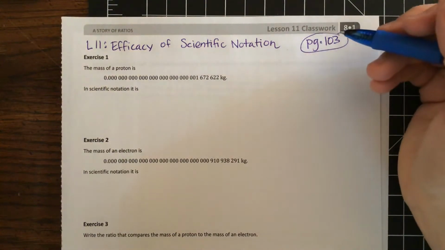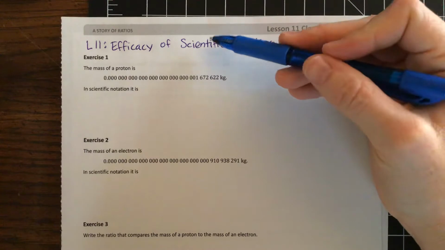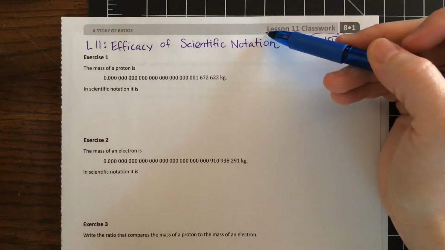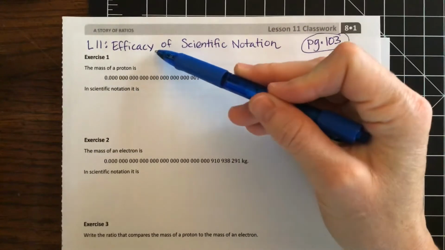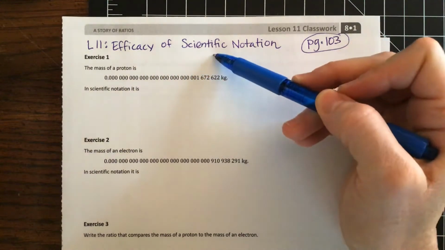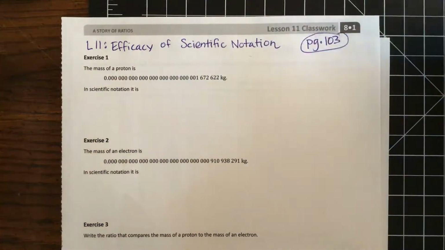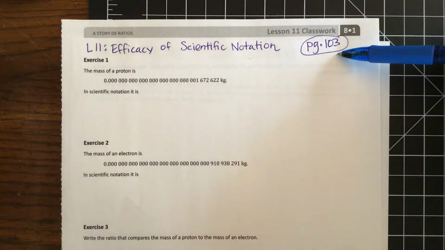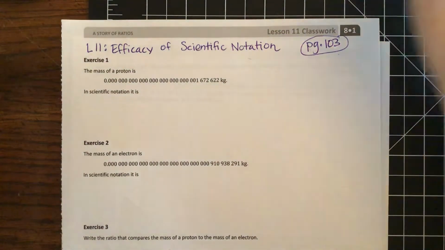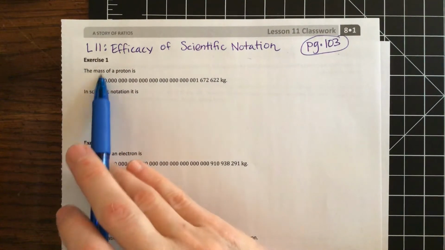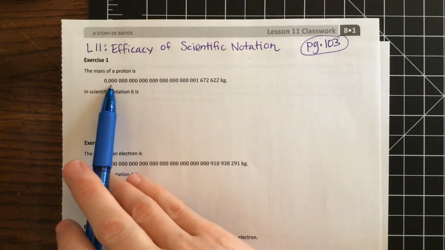Hey guys, we are on lesson 11, which is called Efficacy of Scientific Notation. So it's about being able to work with scientific notation until you get the intended result is really what that means. It is page 103. So for exercise 1, it says the mass of a proton, and then we have a